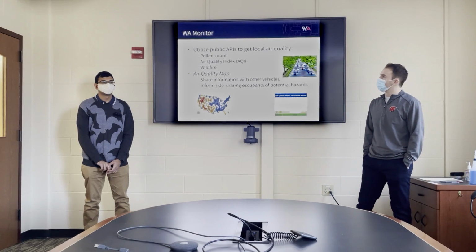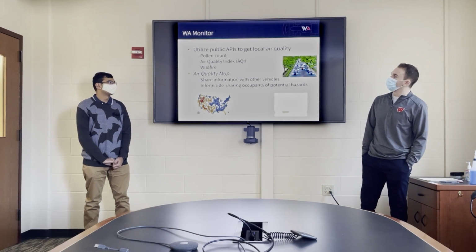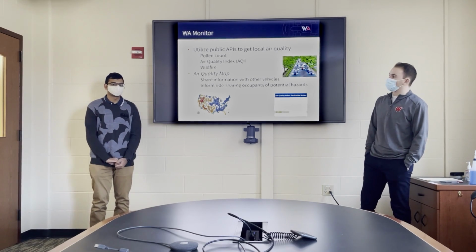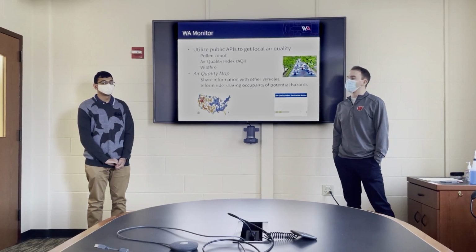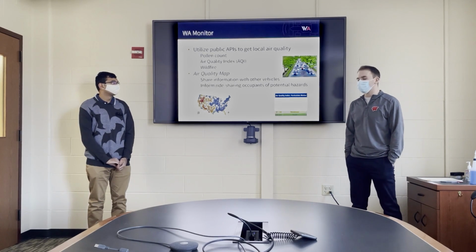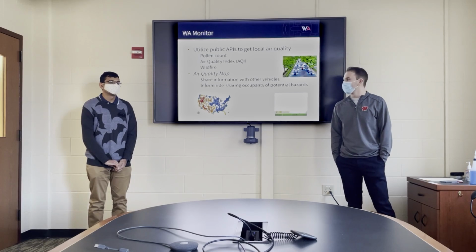And then secondly, we have the WA monitor, which is the name we dubbed. So it's essentially a way to utilize publicly available APIs for accessing local air quality information. So information that's publicly available includes pollen counts, air quality index, as well as the wildfire index. So utilizing that information, we can produce essentially an air quality map of the surrounding environment that the car is